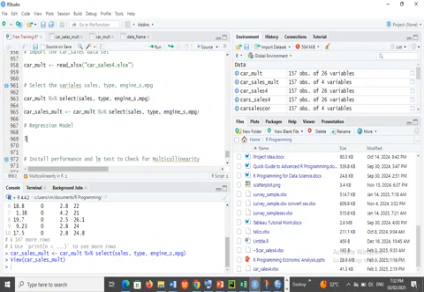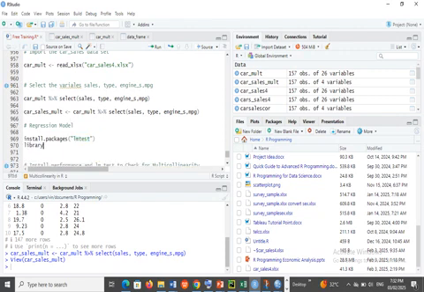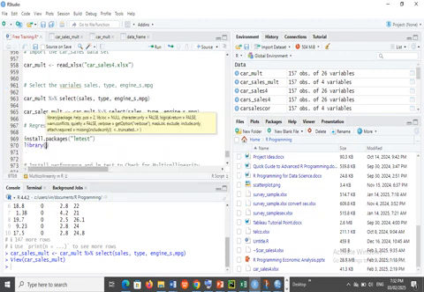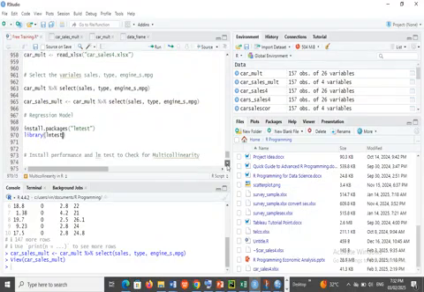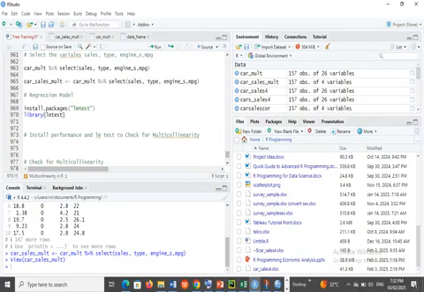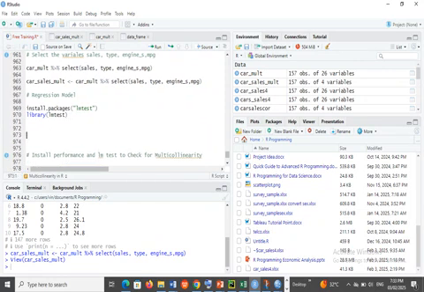So now I want to run the regression. So I have to install this particular package, the lmtest package. So if you haven't installed that, you do that. Then I need the library function. The library function will help me to activate that. So having installed that, the next thing is to run the regression analysis, and then let me call that model